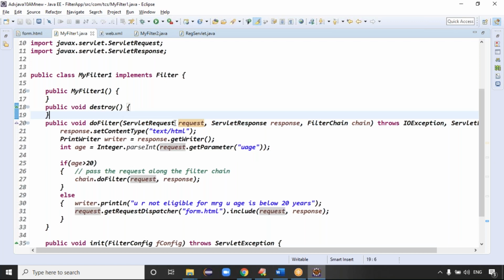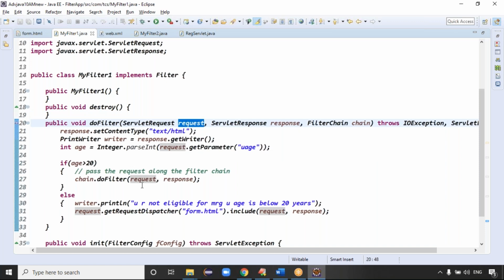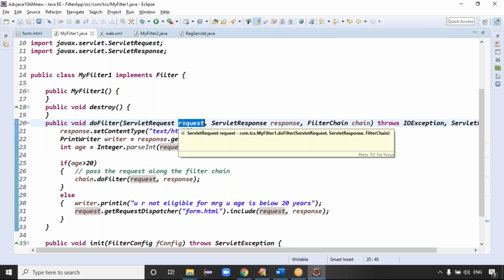Definitely. Initially the data is coming from the form page and those details are stored in the request object. We are passing this request object here, which means whatever details are in the request object, only those details are passed here. We are not updating this integer age, right? We are converting it, but we are not passing the converted data to the request object.